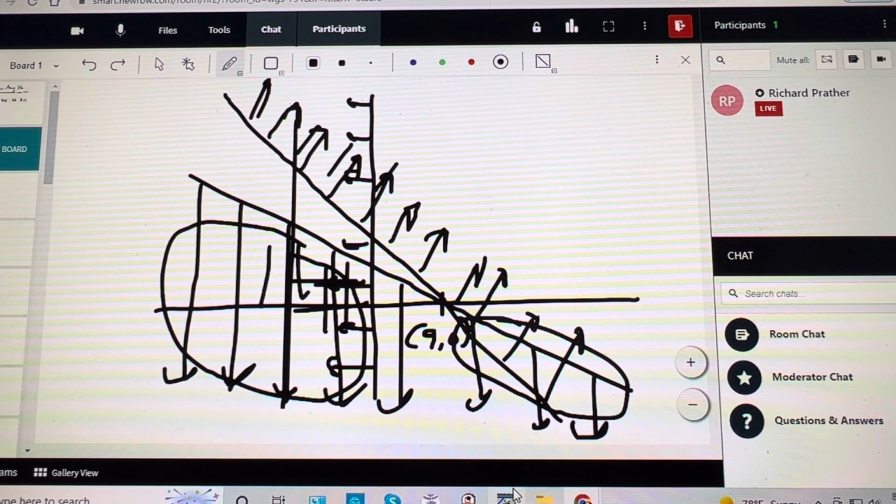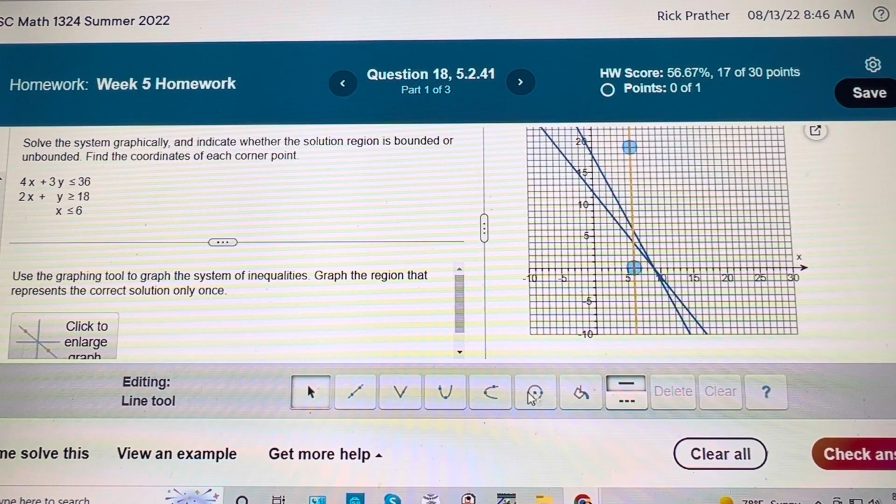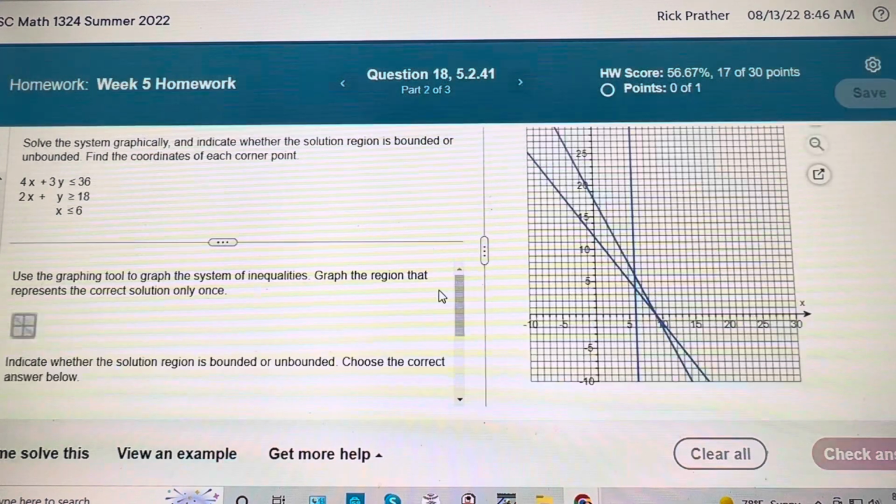So if they would have made the vertical line go greater than, then we would have had this little wedge right here where all 3 of them were located at the same time. Okay, so let's check. Okay, see, I didn't shade anything because there wasn't any one region where all 3 of them were located. So that means